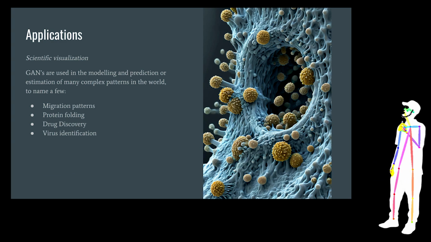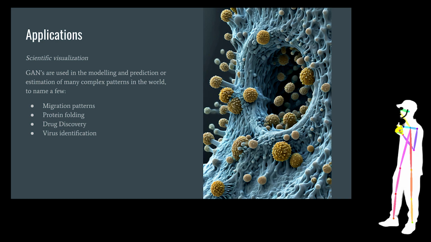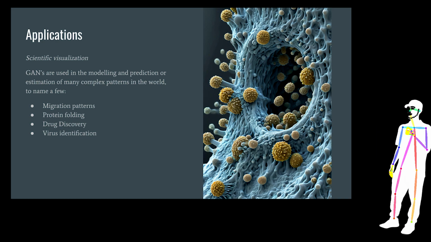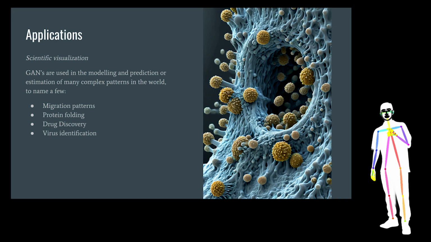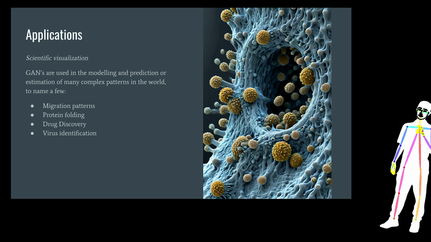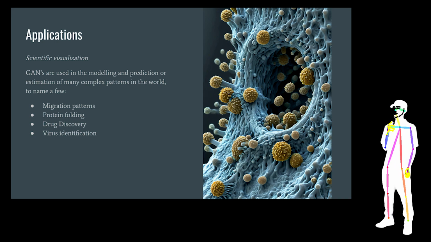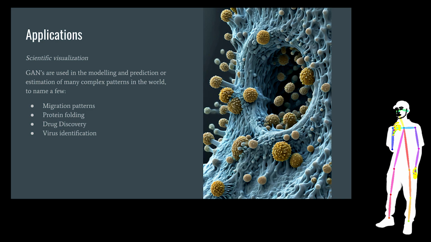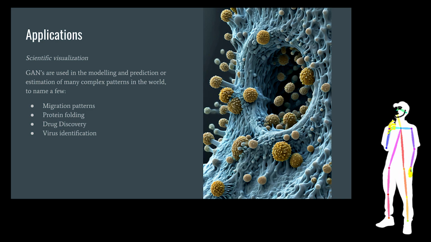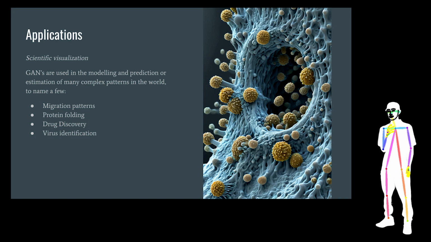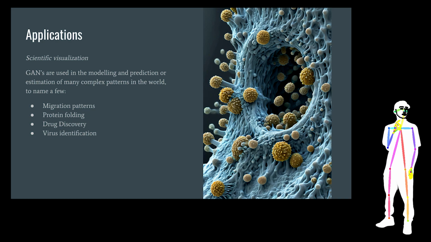So that's not real. That's one of my models that was trained on electron microscopy, okay? So it's just estimating what it thinks electron microscopy looks like, okay? But I wanted to use that as an example because right now, they're already using generative adversarial networks in modeling